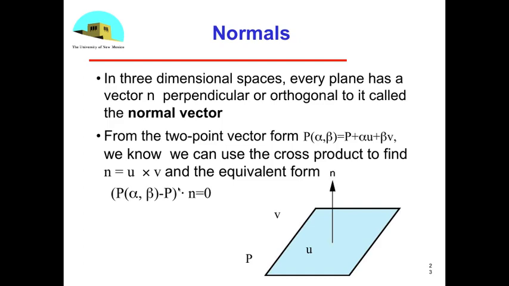So we say, suppose I have a plane, and we've just talked about how you define a plane. Well, a plane can be defined, let's look at where it says, okay, I give you 2 vectors and a point, and that defines a plane, and if I give you 3 points, I can always give you the vectors u and v. Now, the important point here is that in 3 dimensions,